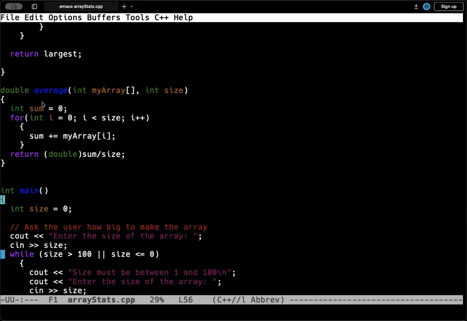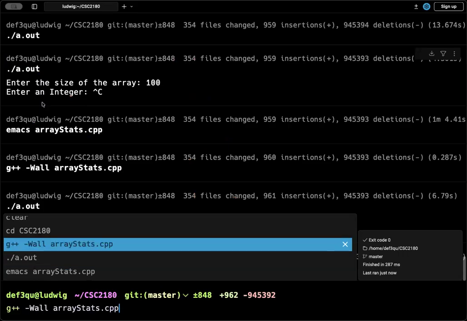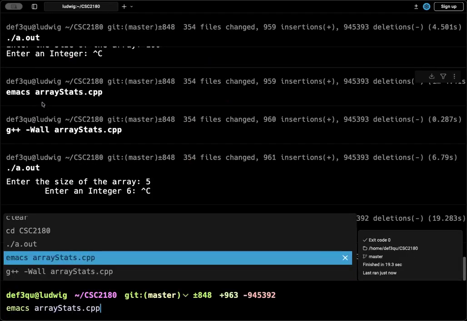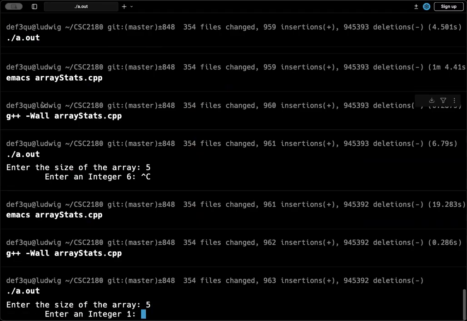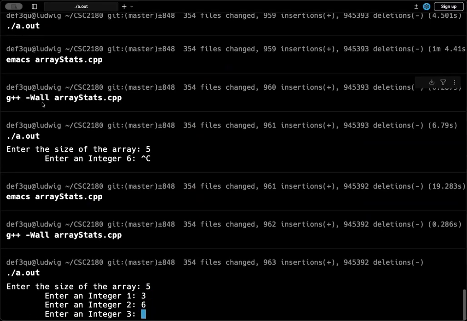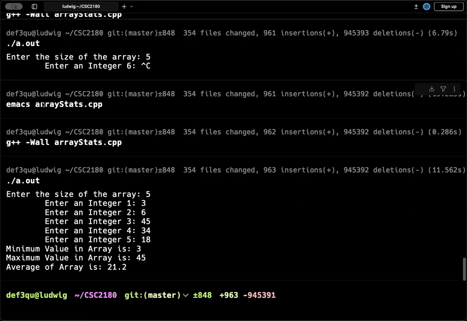Let's come down to here. And let's say, because we want one to be the first one, that would have printed six every time. I want i plus one. Okay. Size equal to 5. Okay, gonna enter three. Looks better. I'm happy with that. Okay, so I want to do a space